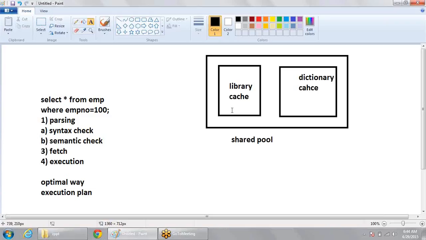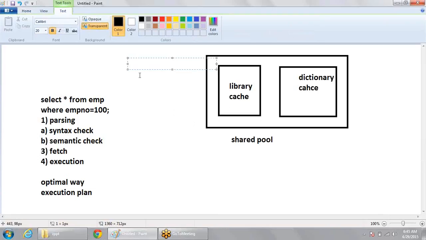Now suppose I gave this query and I found the execution plan in the library cache. So this is called a library cache hit, or simply we say the cache hit. Cache hit, this is important. They will ask in the interviews, what is cache hit? That means if you are running a query and that execution plan is already there in the library cache, this is called your cache hit,